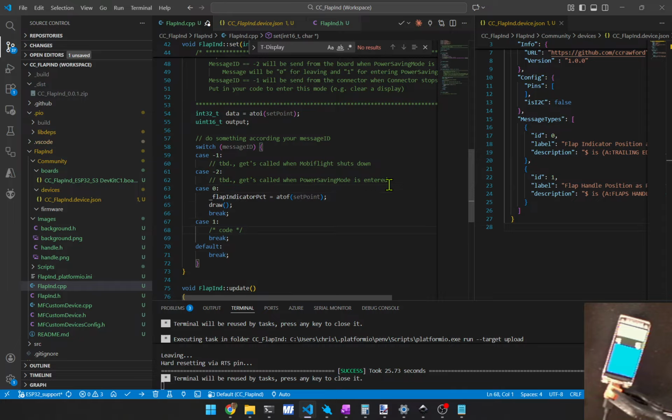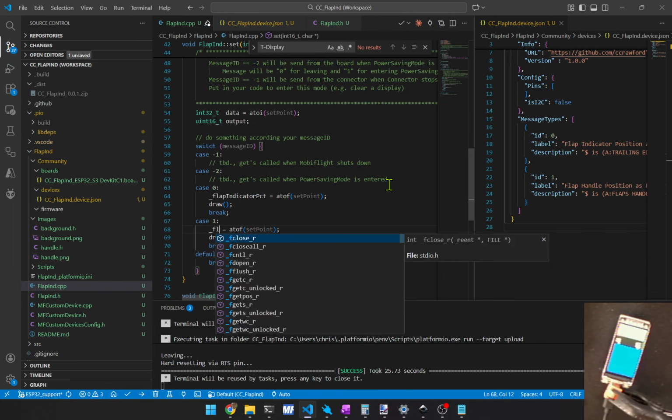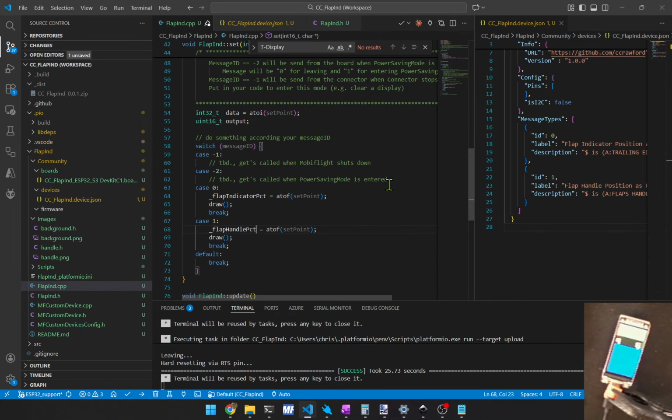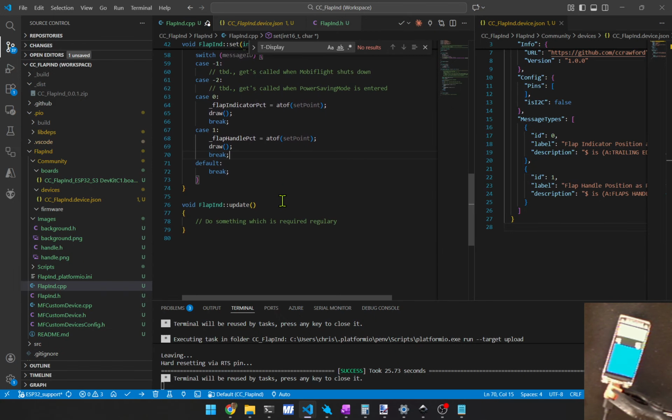And then similarly, when this one comes in, that's going to be flap handle percentage. And we'll do a draw. We will redraw the screen. Now we need to write that draw function. I usually put update at the very end. I don't know why. So what we want to do is, that was going to be a void for the